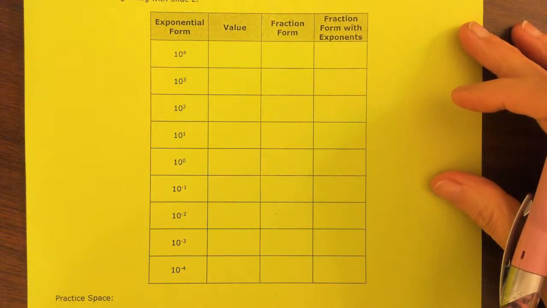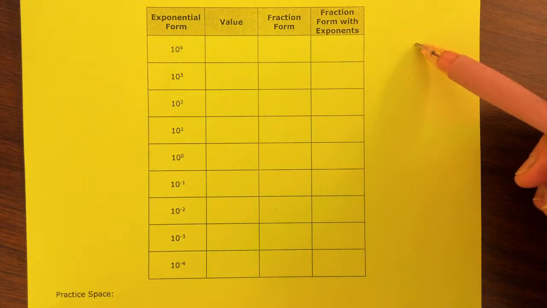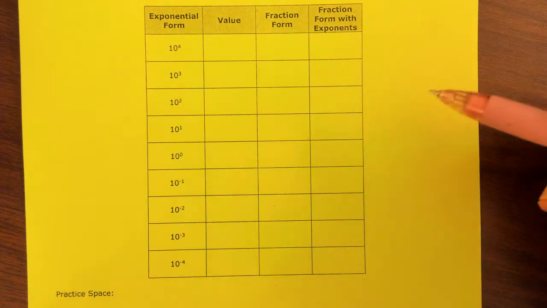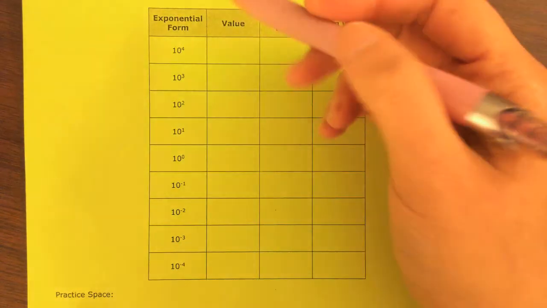Okay, so yesterday we talked about exponent rules. We talked about multiplying numbers that have the same base, expressions with the same base. We talked about dividing when they have the same base, and we talked about the power of 0. Today we're going to talk about negative exponents, and for us to understand this, we're going to start by putting